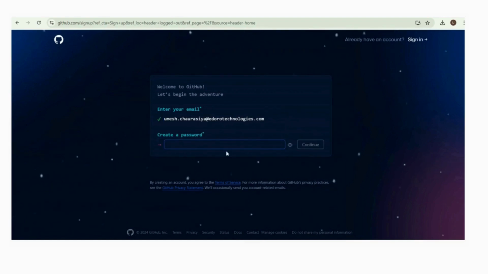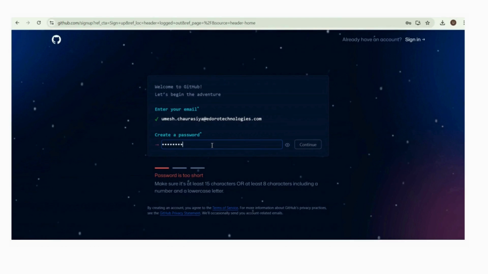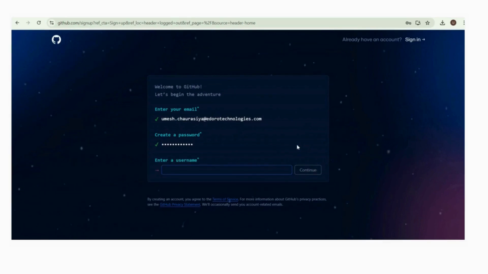Continue. Create a password. Continue with the click button. Enter a username.